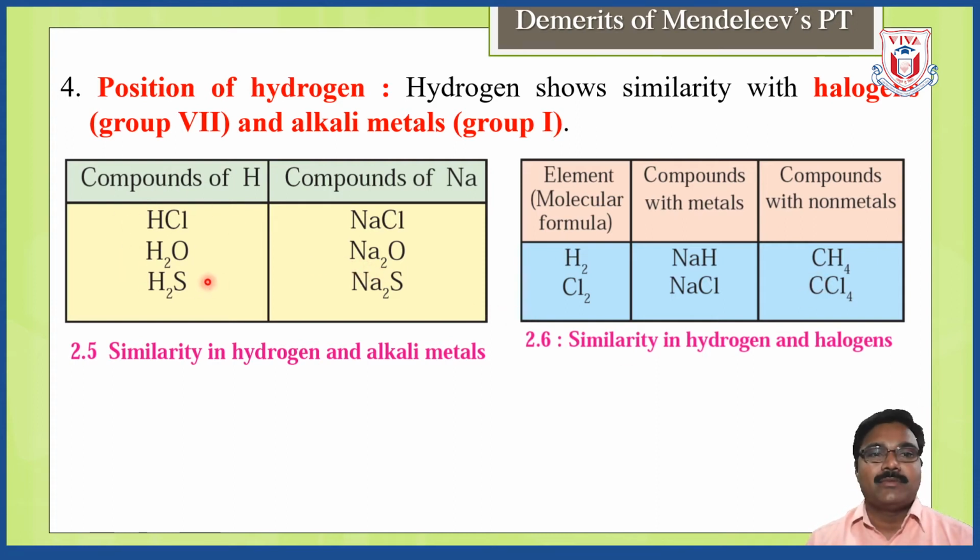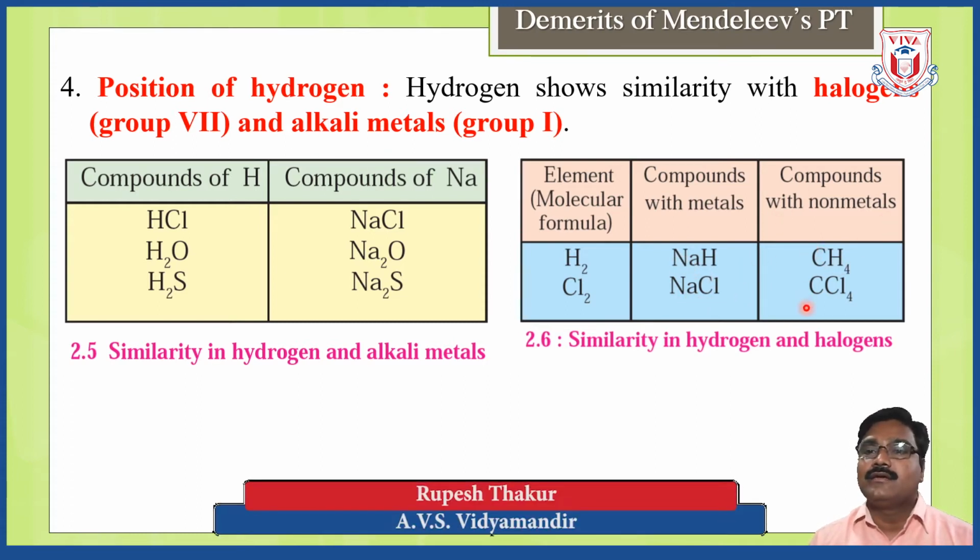Here in the first table, hydrogen forms compounds with chlorine, oxygen and sulfur in the same manner as sodium forms compounds with these corresponding elements, and therefore we can see the similarity between hydrogen and alkali metals, as sodium is an alkali metal. Now in the next table, hydrogen and chlorine form compounds with metals like sodium and non-metals like carbon